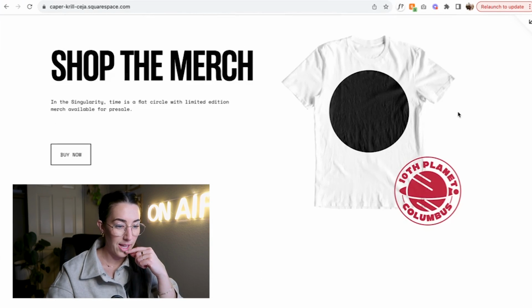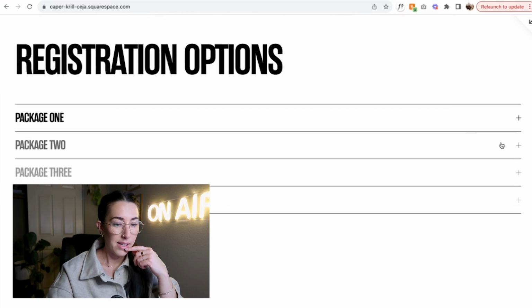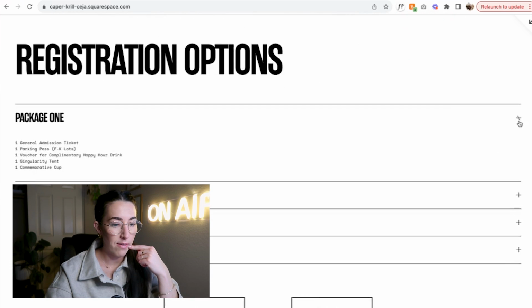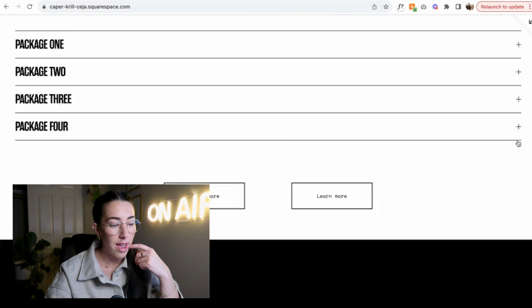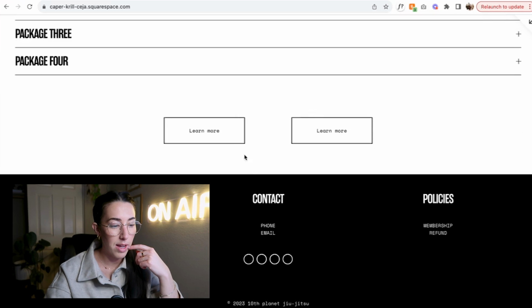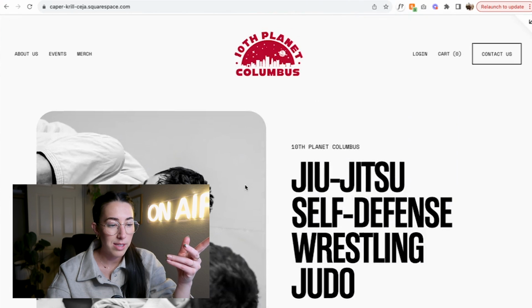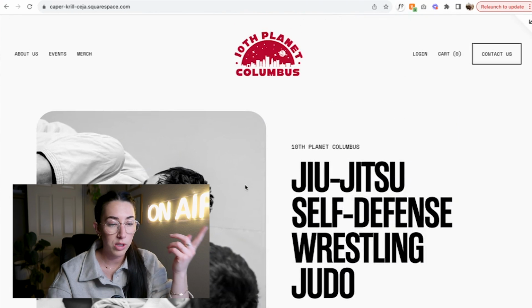But this is what it's looking like. Super excited with how it's coming together. We have all these different packages here and some buttons that I need to add text on, the footer that I created. These will be social icons. So we still have a lot of little things to do, but I have the homepage built, which I'm really